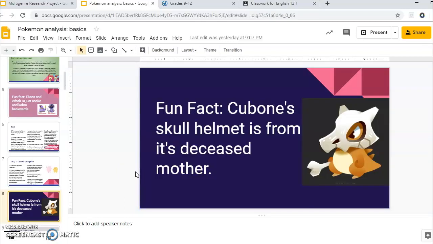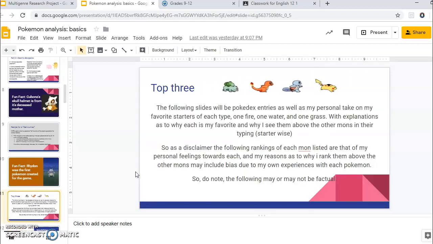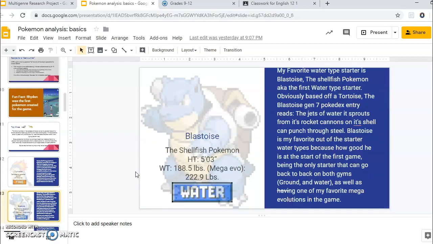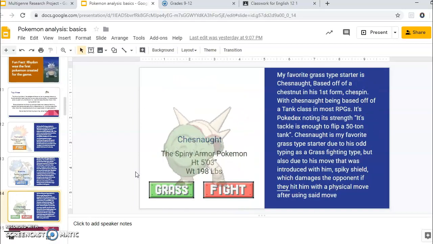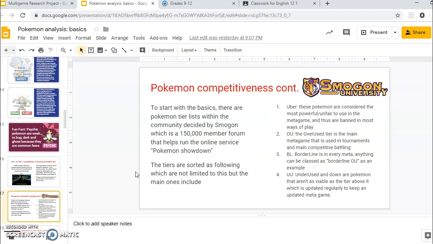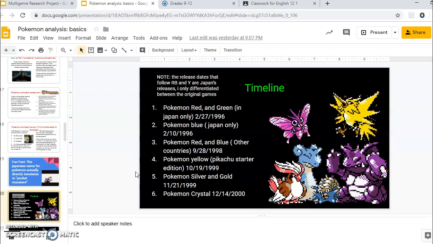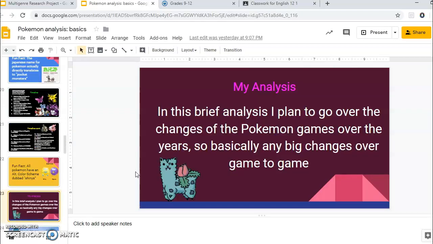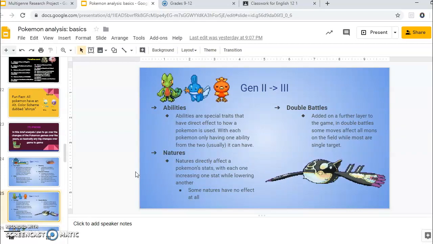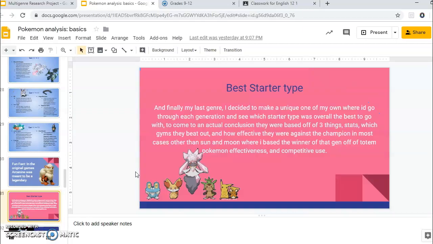You see those on websites all the time. He includes fun facts as a way to connect everything. A recipe. Okay, and it's not really a recipe about food, but about whatever create that Pokemon character. Top 3 list, details and information about each of the characters. A little note how to tell if a Pokemon is strong. And just all kinds of really creative things. A timeline. So all these different types of writing, which you wouldn't necessarily expect to find in a research paper, are included in a multi-genre research paper.